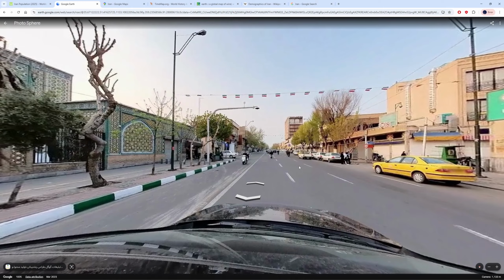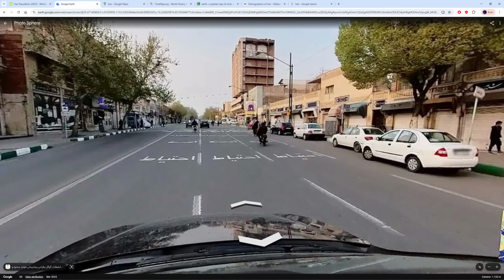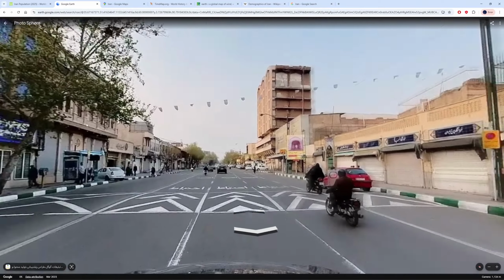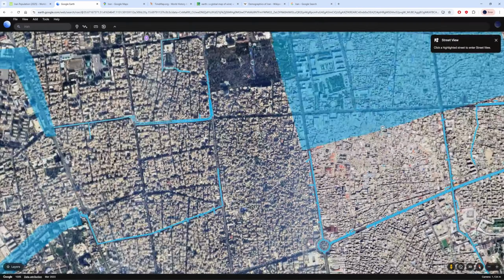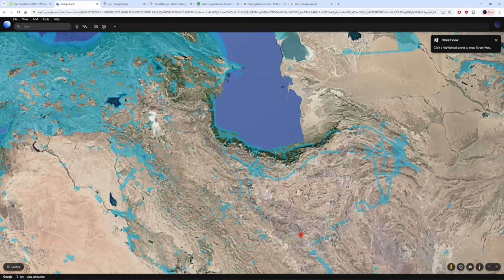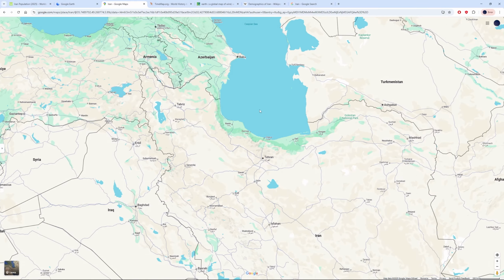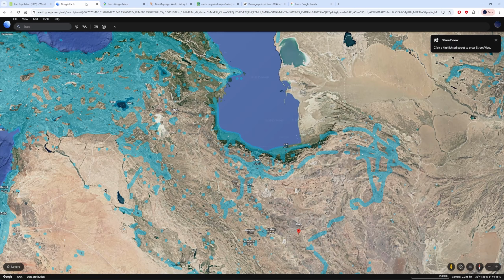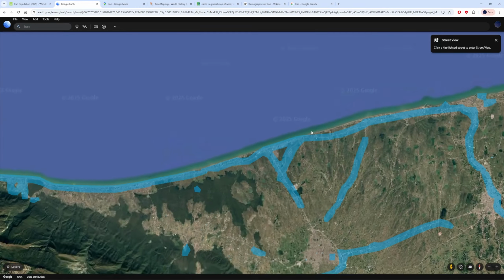I expected something much lower than I see it here, so that's a good thing, I would say. So now let's go outside Tehran. Let's see what we can find, some other places. And I'm curious, I think I'm not mistaken, they have an opening to this Caspian Sea. Yeah. What can we find here on the beach?